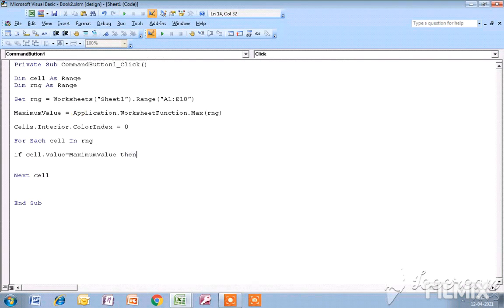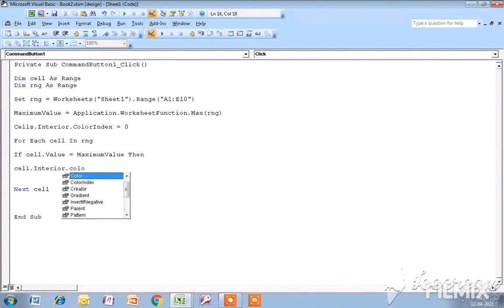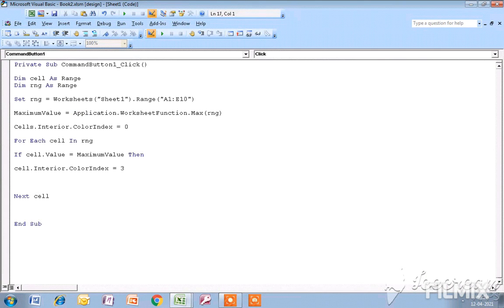Then what happens, cell.Interior.ColorIndex is equal to 3, which is for red color, and when I have started If I have to end If, that is End If.